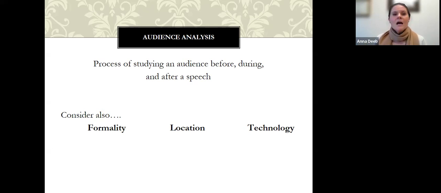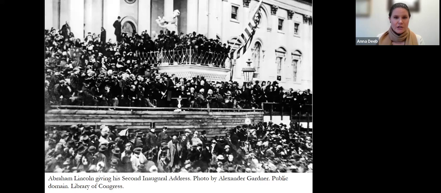All right. Let's take a look at a couple examples and do some real quick audience analysis. Right here in the middle of the screen, can you find him? It's like an I Spy book. Abraham Lincoln has papers in front of him giving the second inaugural address to a crowd of, I don't know how many hundred people, a lot of dudes. And what's fascinating about this is there were no microphones, there were no PowerPoint slides or screens. Even the podium is just like this rickety little table.